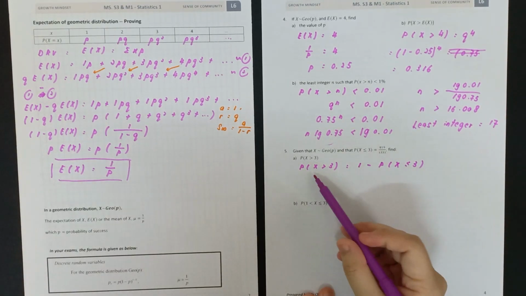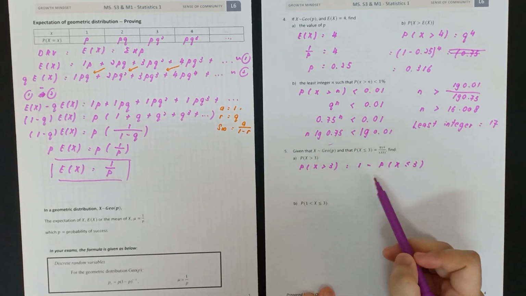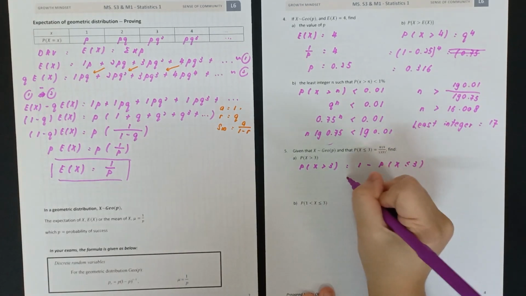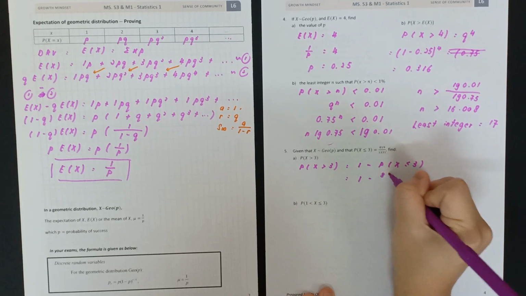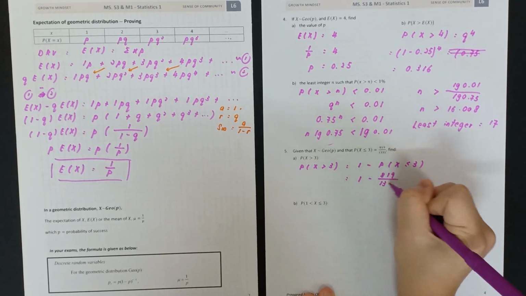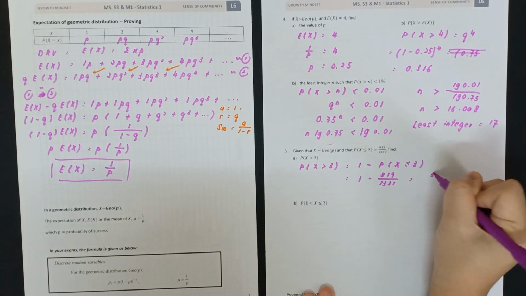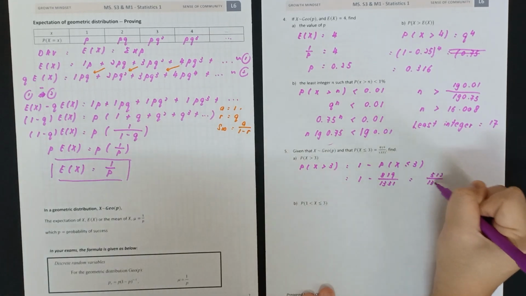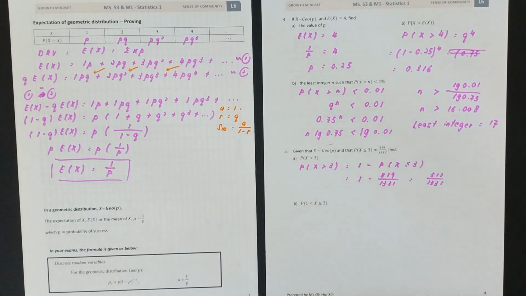Alright, easy right? So meaning you want 4, 5, 6 and so on, so you minus the 1, 2, 3 that you don't want. So 1 minus 819 over 1331. So it will be equal to 512 over 1331. Okay? So for B, now when you want to find this,